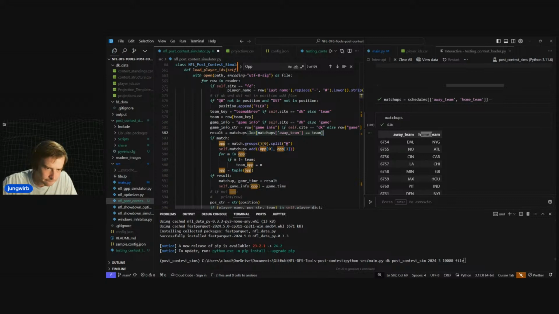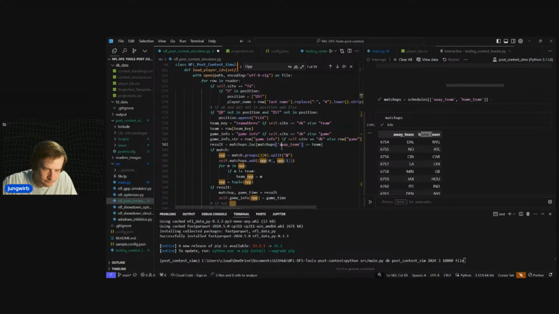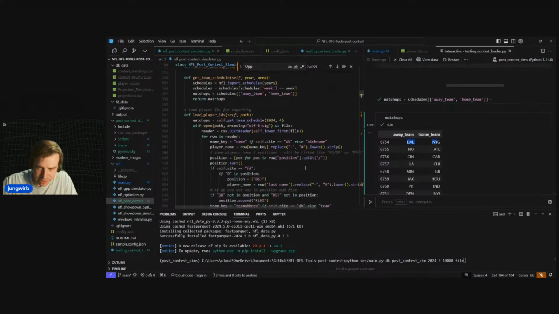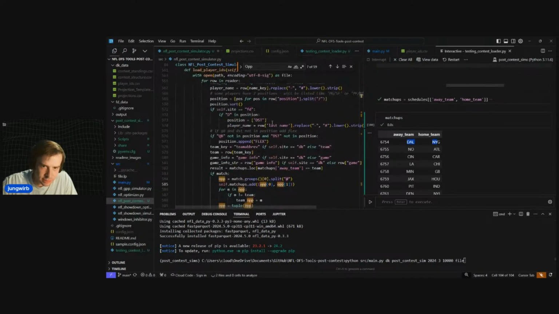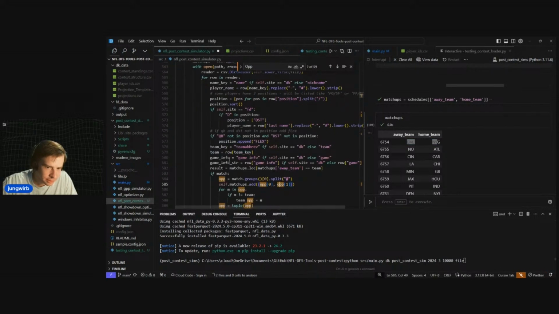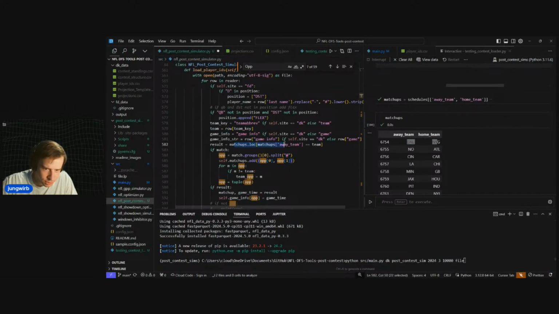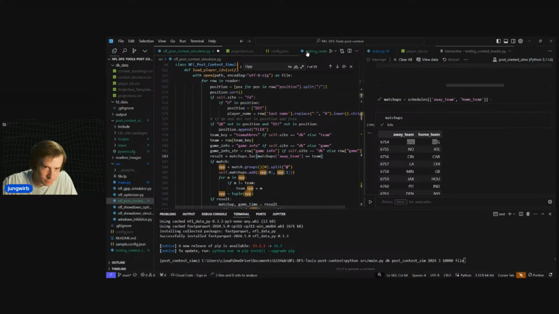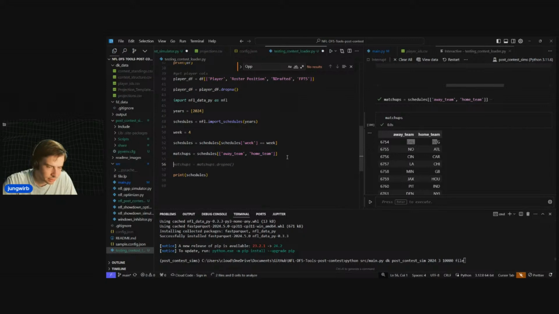Just like that, right? And even better than returning a DF like this, what if we just made this a list of tuples? So we don't have to do a dot loc here on the DF. We don't have to search away team and home team, right? So what if we actually made matchup something like